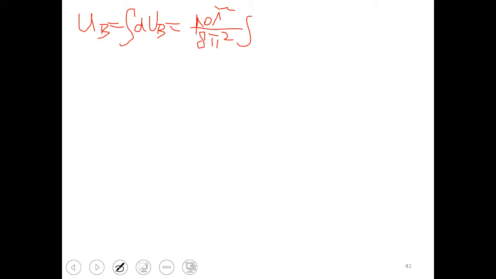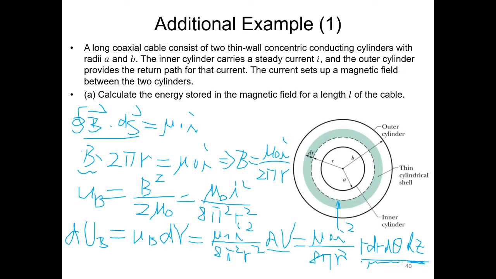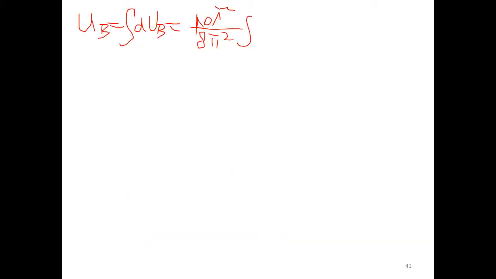Here we have r square and r, so one of the r cancel each other. So we have r dr, and it is integrated from a to b,